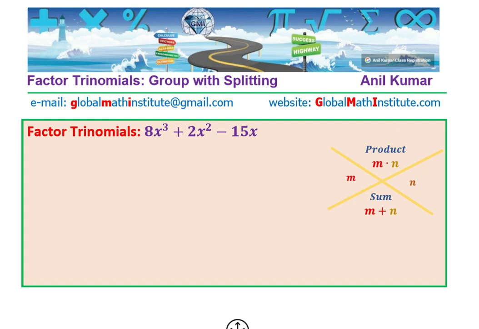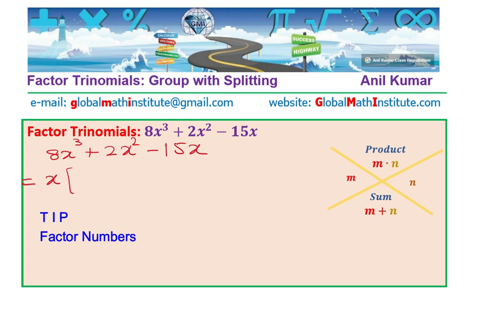Here is the last question. Perfect. Take it as a test problem. I'd like you to pause the video and answer this, right? So we're given the question 8x cubed plus 2x squared minus 15x. X is common, correct? So we're left with 8x squared plus